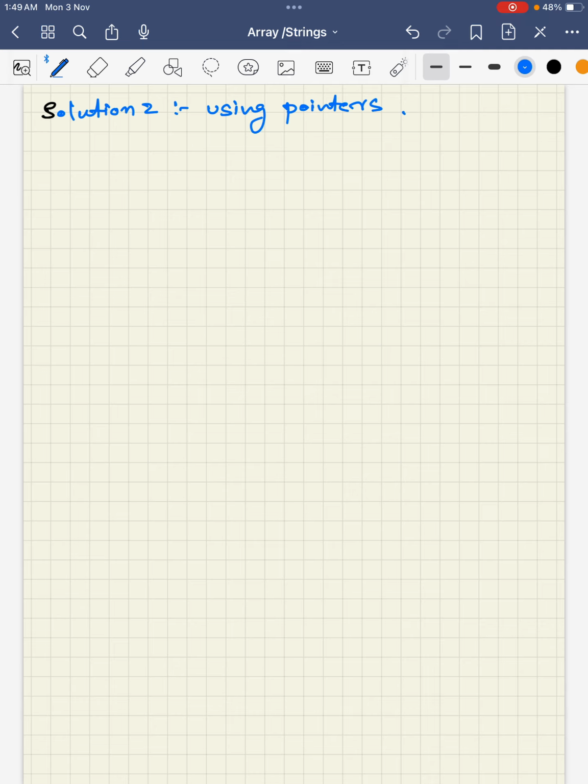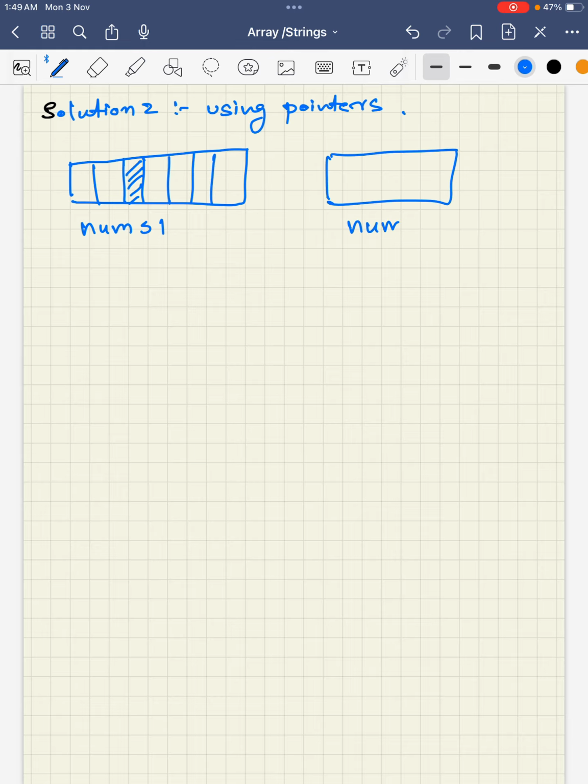So how are we going to solve this using pointers? Suppose this is nums1, which has valid elements up to this point and the remaining are 0s, and this is nums2. We are going to keep a pointer here, let the pointer be p1, another pointer here, let the pointer be p, and another pointer here, let the pointer be p2, and we will start from these pointers